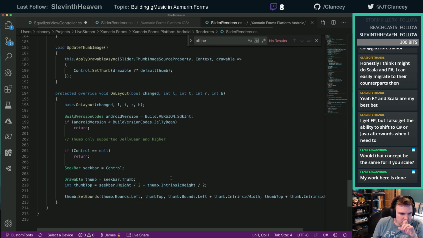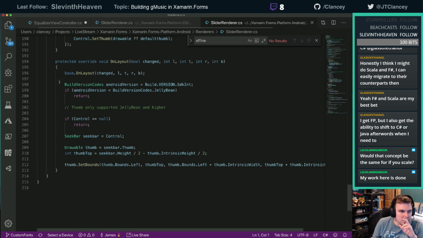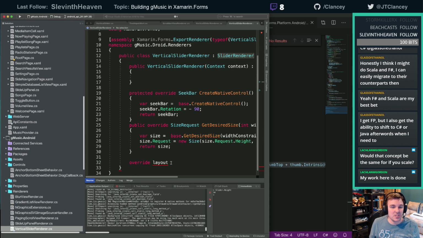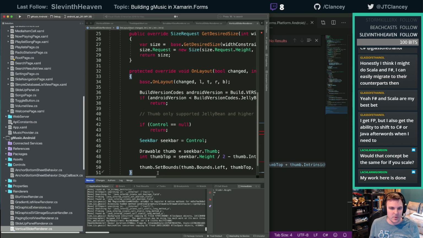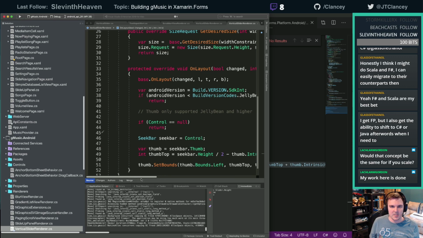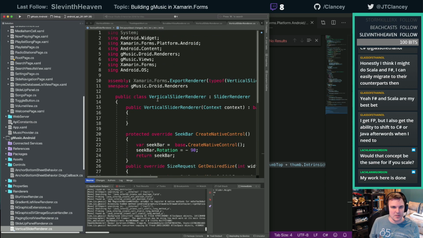On layout. Here we go. Yeah, they're doing the heights. They're doing it all backwards. So we're just going to copy this over here and we're going to replace a few things. Bars make things so much nicer. You don't even need the usings then.